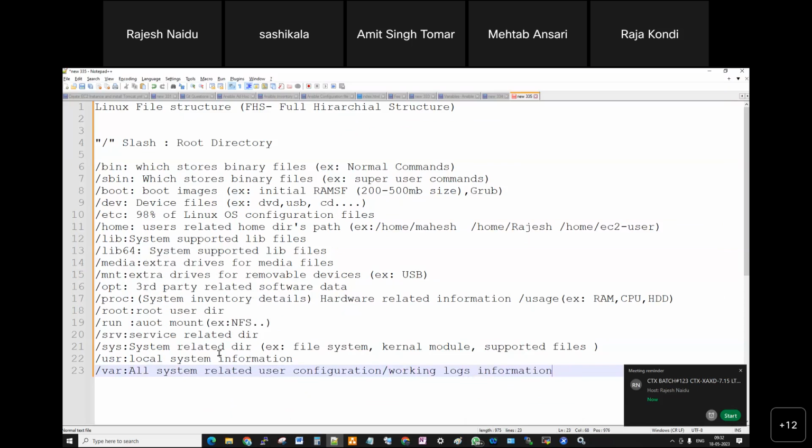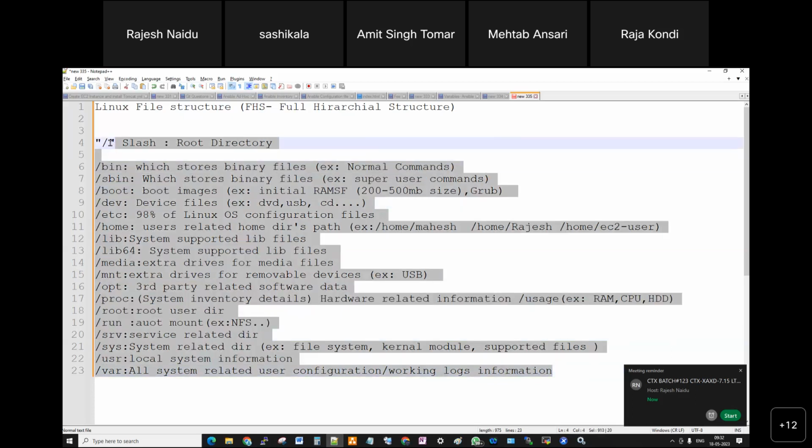These are log monitoring services. Any type of configuration we did, any type of work you perform on your Linux machine, the related logs will be stored in /var. So /var is also very important. Going forward, you will see that most of the time we work in the /var location.